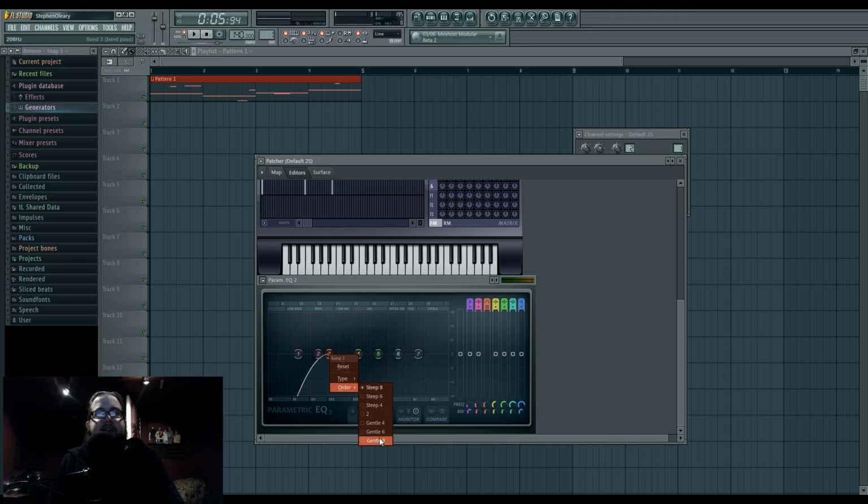Actually, it looks like gentle and steep do exactly the same thing. It's very interesting, because that's not what happens when it's regular. So here's, is that peaking? That's gentle, and here's steep. So that makes a lot of sense. So that's interesting. The bandpass mode doesn't have the same kind of